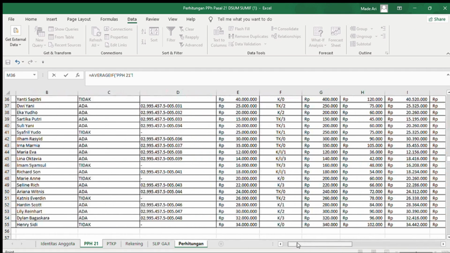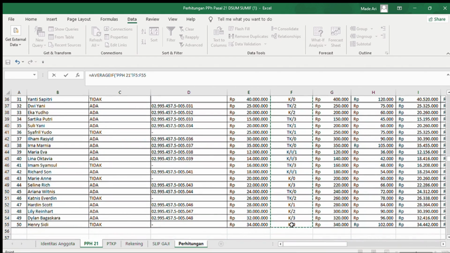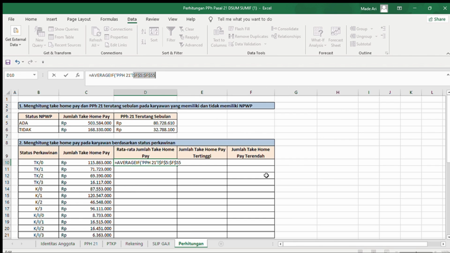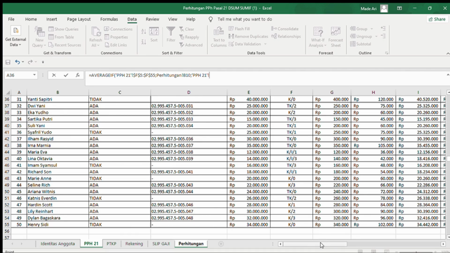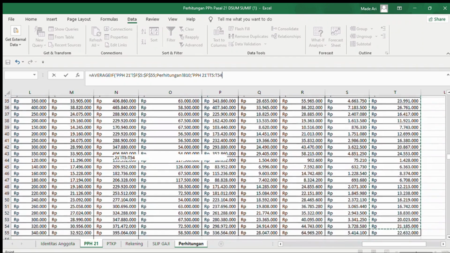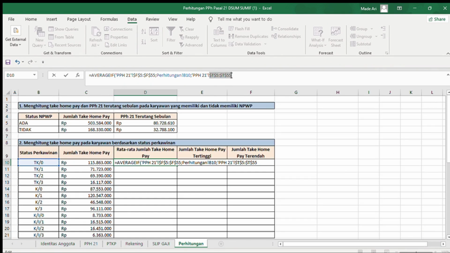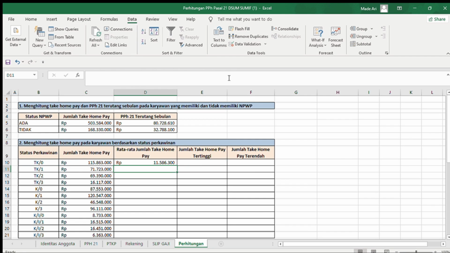So type equals AVERAGEIF, then round brackets, and then move to the PPh 21 sheet and block the table from F6 to F55, and don't forget to add absolute, and after that type semicolon and then move again to PPh 21, and now block the table from T6 to T55, and don't forget to add absolute too. Okay, that's enough to average take home pay,